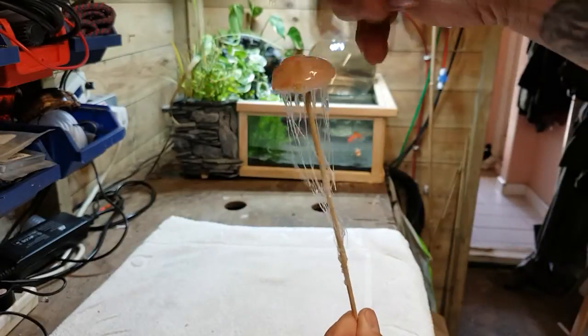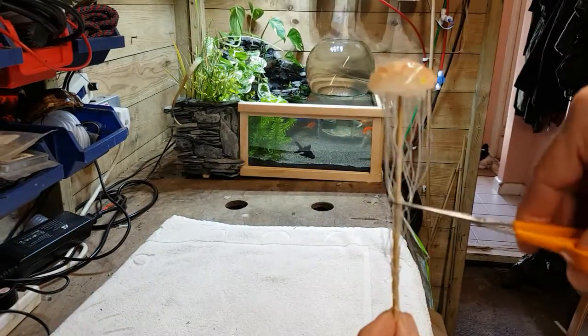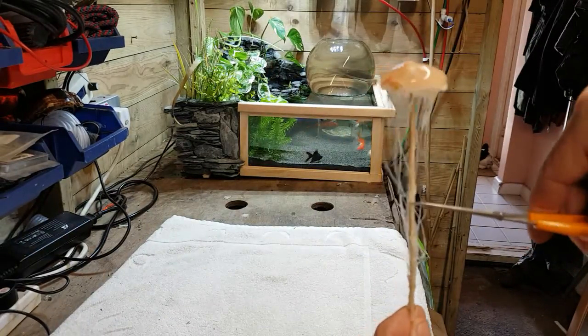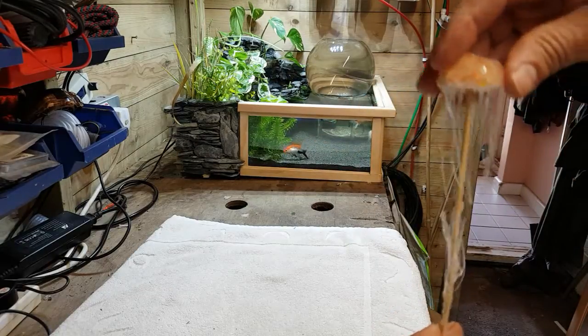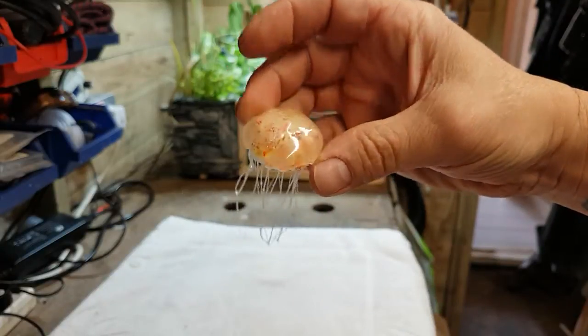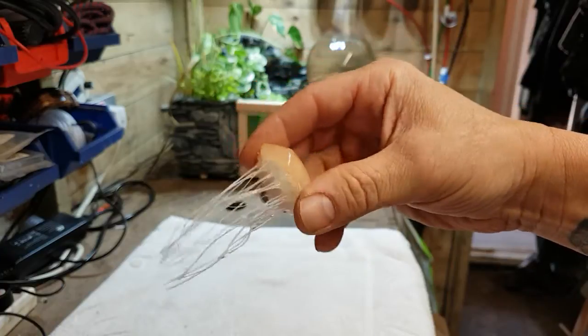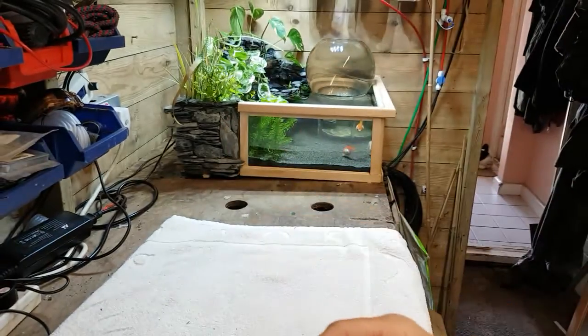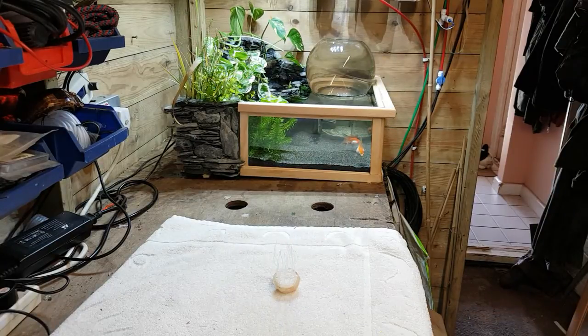Guys, it's all gone off now, nice and solid. Now all you've got to do is run your scissors around here, freeing all the tentacles off, take the stick out, and you've got a nice little hot glue gun jellyfish there. Now what I'm going to do, just to show you, I'll put that there a minute, I'll grab a bit of catgut,